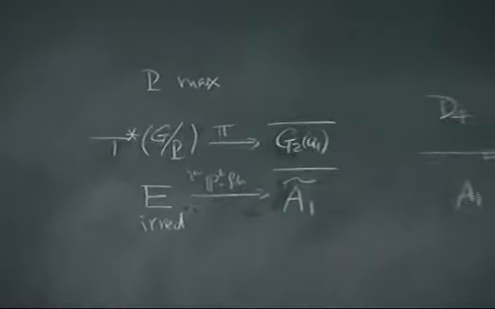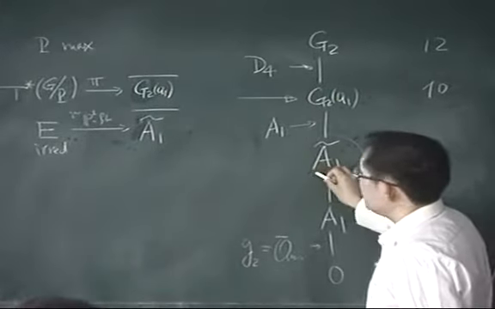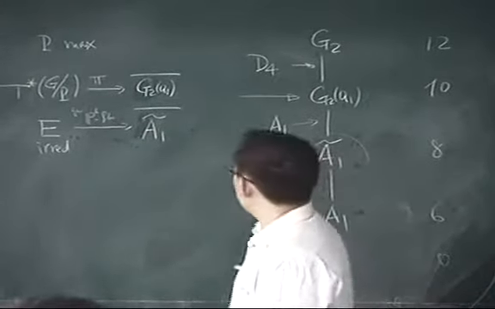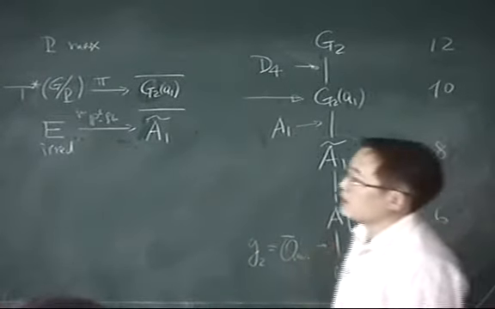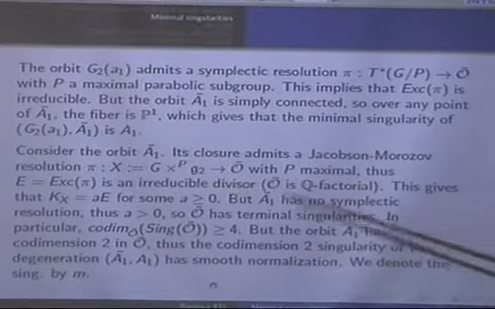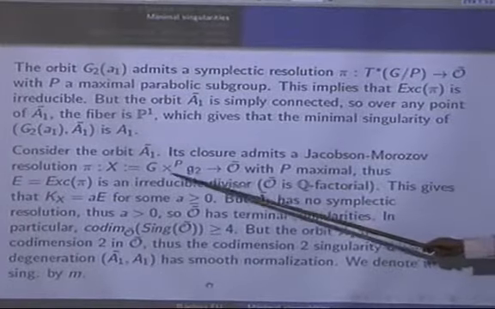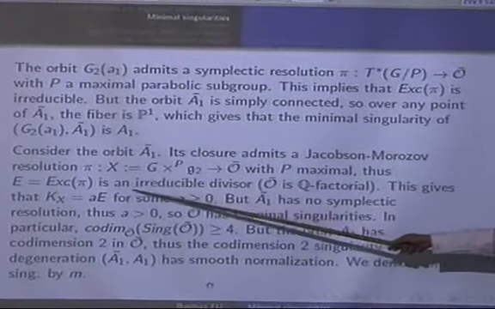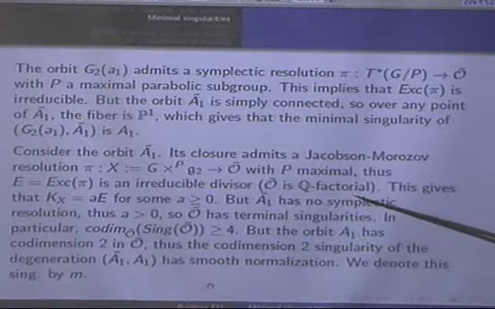So for the other one, we can use some similar argument, but in this case, the situation is different because this does not have any symplectic resolution. But what we can have is just Q-factorial terminalizations, something like this, still a vector bundle over a flag variety. And in this case, P is still maximal. So the exceptional set is still an